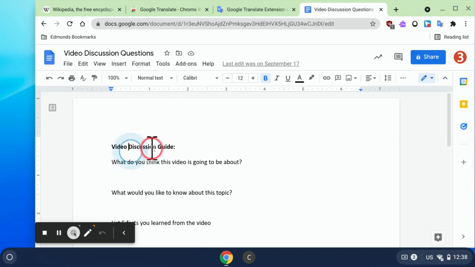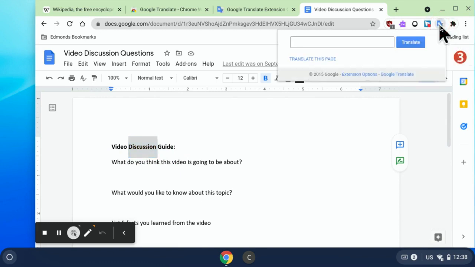if you highlight the word, and you won't see the little icon there, if you highlight the word and come to the top into your extension toolbar, click on the extension, you can add and just translate that one word,